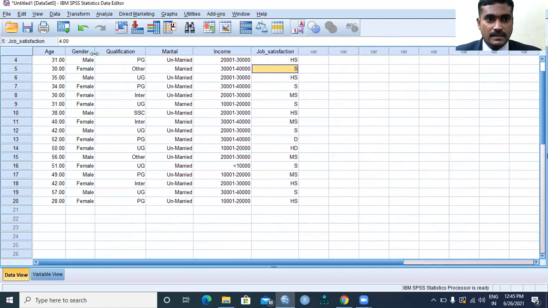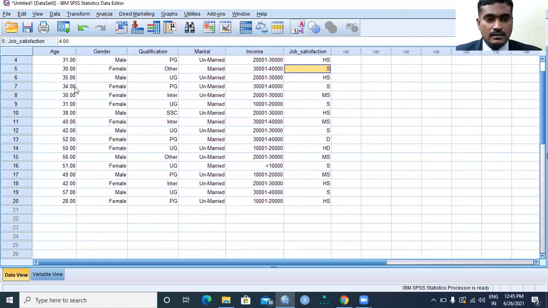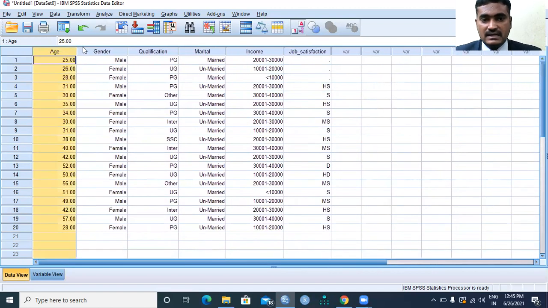Value labels will not come for age, because we have not given any coded data entry for age, as it is a continuous scale.